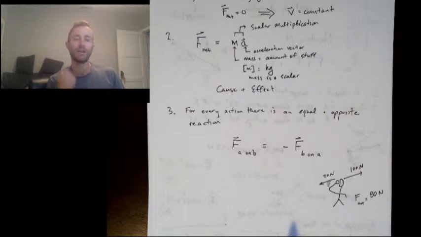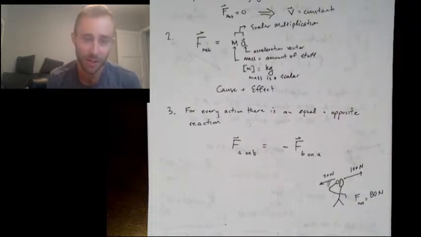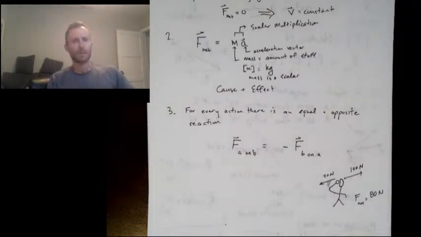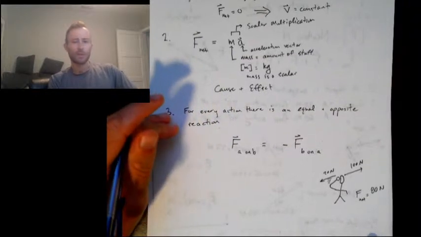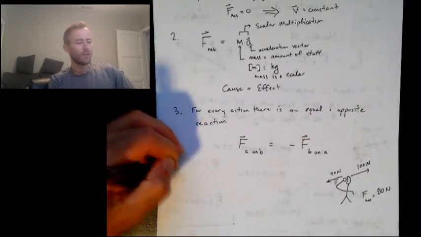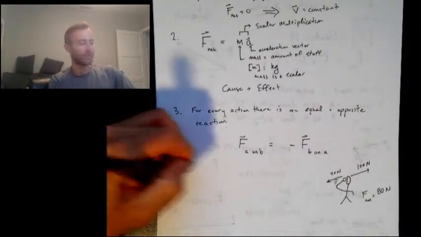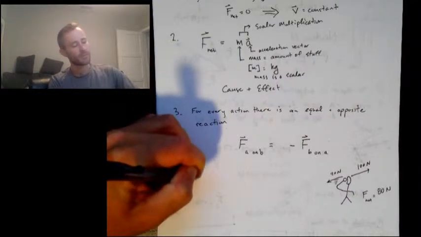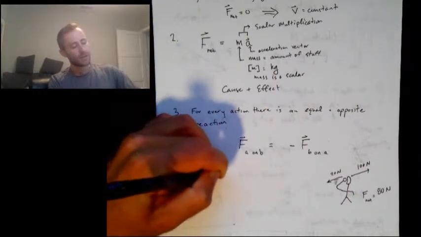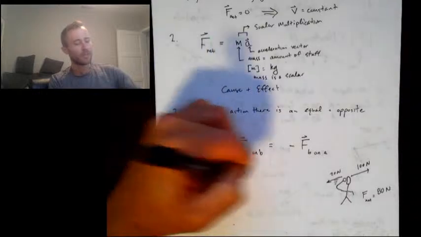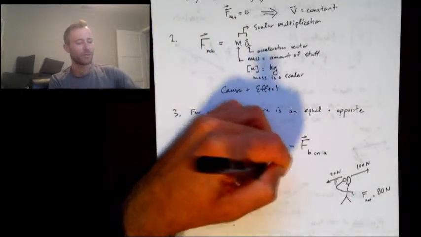If you wanted to fly, you could fly by continually punching yourself in the face. So that is something that is not observed. We can't fly by punching ourselves in the face. So basically what Newton's third law is saying is the only way to exert a force on yourself